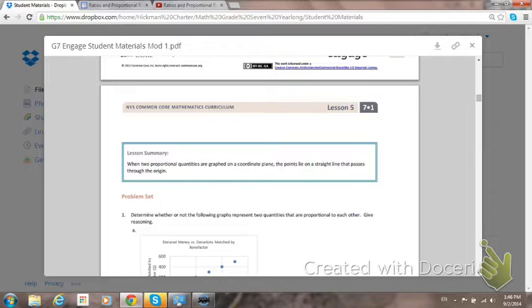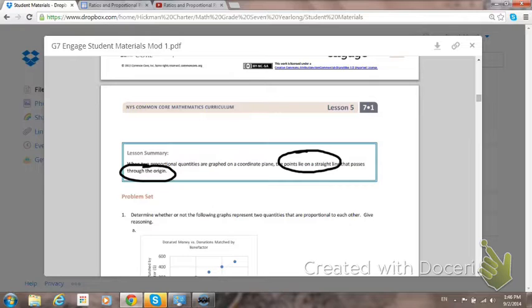Okay, so in summary, you have a lesson summary there on the next page. When two proportional quantities are graphed on a coordinate plane, the points lie on a straight line, and that line passes through the origin. Okay, so points lie on a straight line, and that line passes through the origin. Has to be both. Cannot be one or the other. It has to be both for a graph to represent